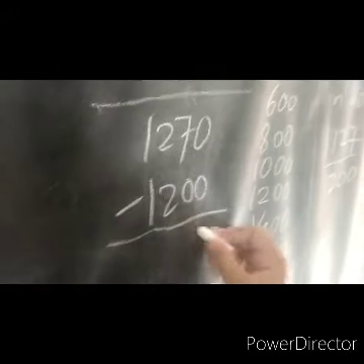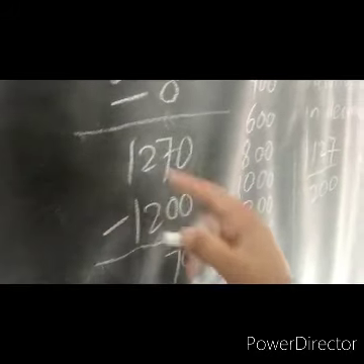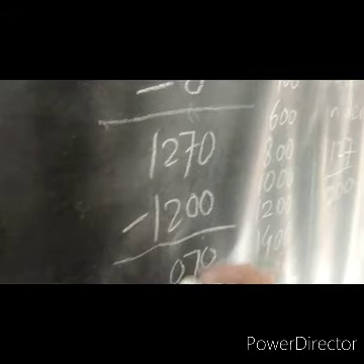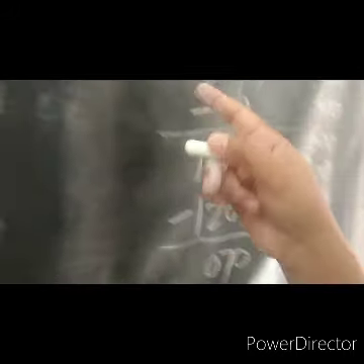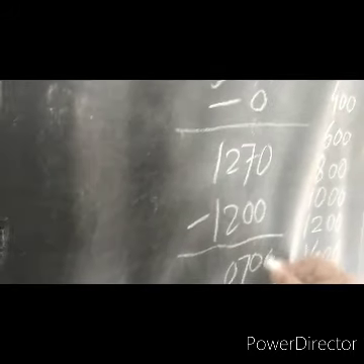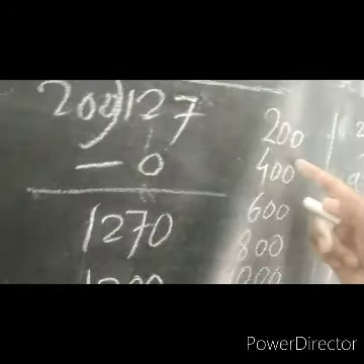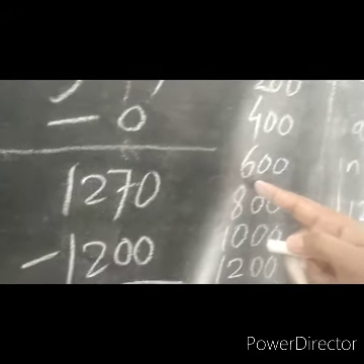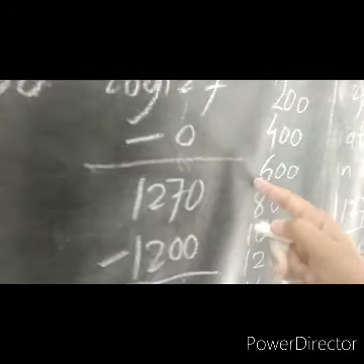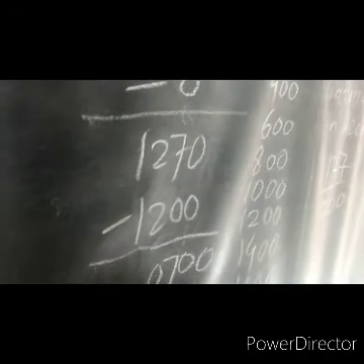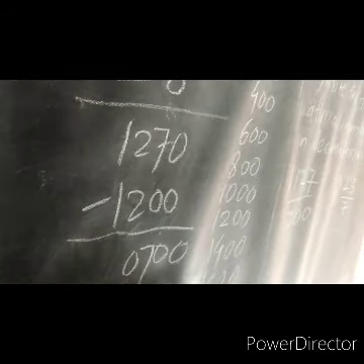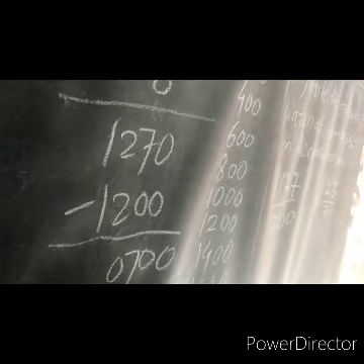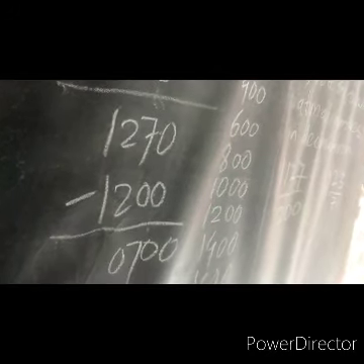So we can do subtraction. 0 minus 0, 7 minus 0, that is 7. 2 minus 2, 0. 1 minus 1, 0. That is 12 minus 12, 0. Now here we got 70. 70 is smaller than 200. Therefore here we have to take 0. See, in the 200 table is 700 there? No. So before this number, 600 is there. 200 3s are 600. Now 700 minus 600, that is we got 100. 0 minus 0, 0, 0. 7 minus 6, that is 1. So here we got 100.